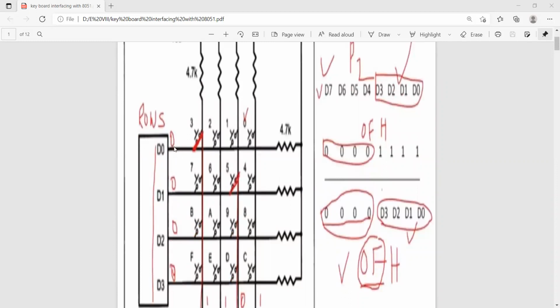That means no key is pressed in any row. This row, no key pressed, this row, no key, this row, no key, this row, no key.